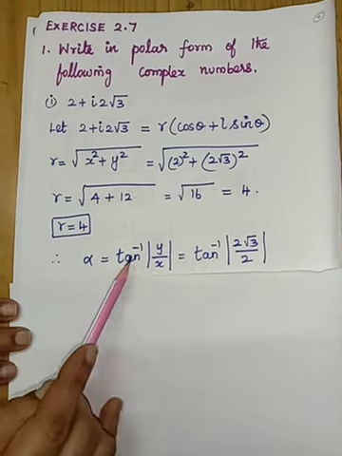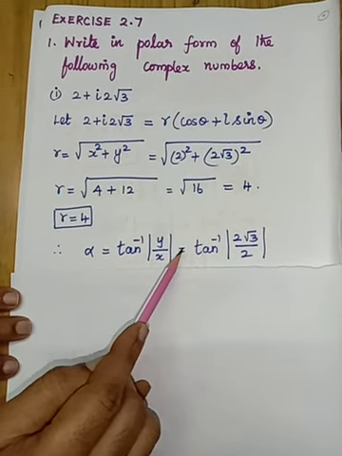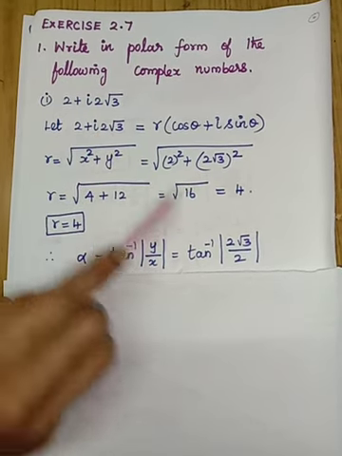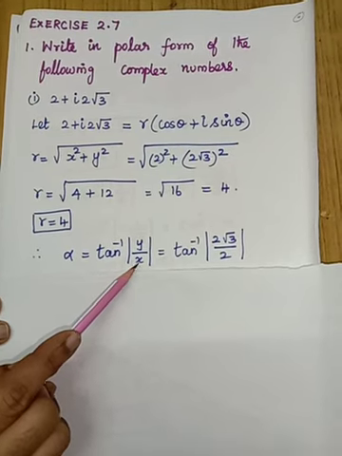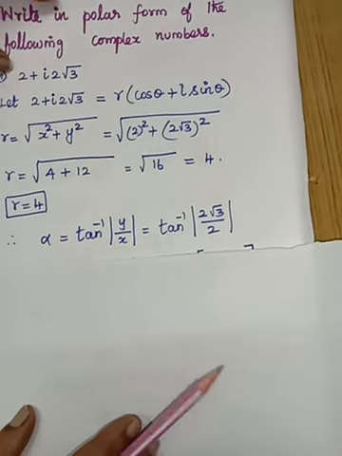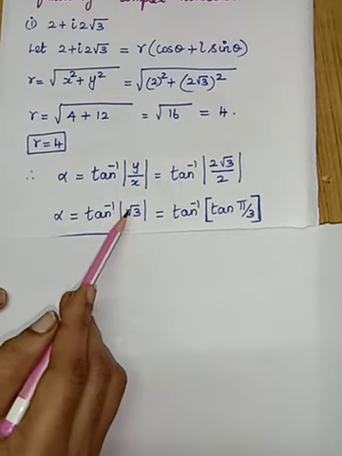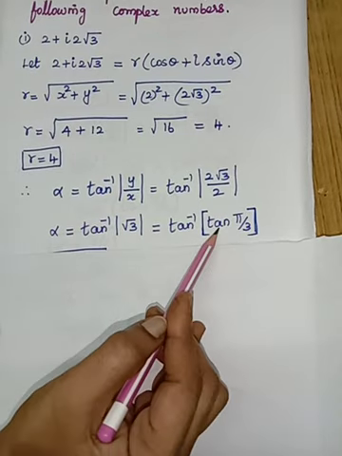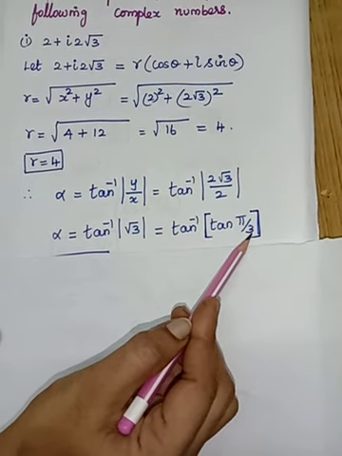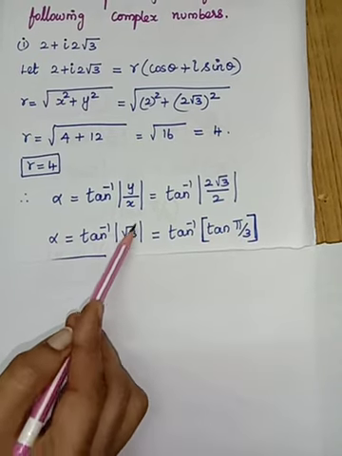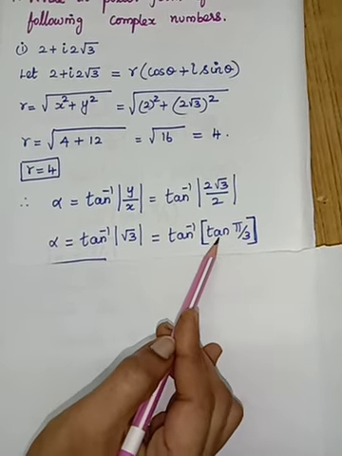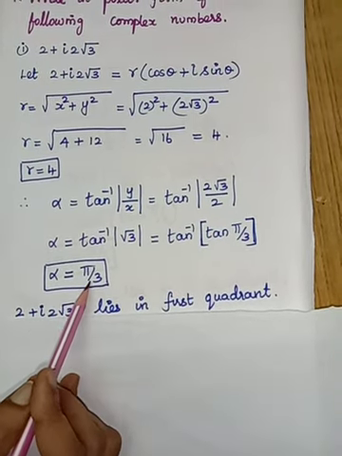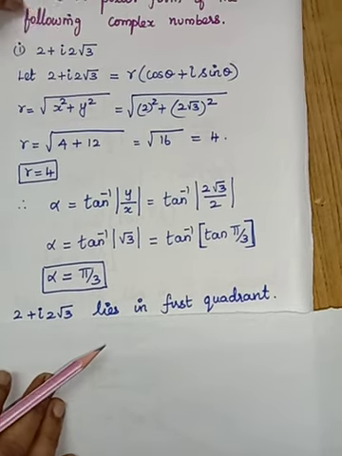Alpha is equal to tan inverse of modulus of y by x. So which is equal to tan inverse of, what is y? y is the imaginary part. What is the imaginary part here? It is 2 root 3 divided by x. x is the real part, that is 2. So here the 2 gets cancelled. You get tan inverse of modulus of root 3. Root 3 can be written as tan of pi by 3. Tan 60 degrees only, it is root 3. So in place of root 3 I have written tan pi by 3. So here tan inverse and tan get cancelled. So alpha is equal to pi by 3. And you see that I have found alpha.